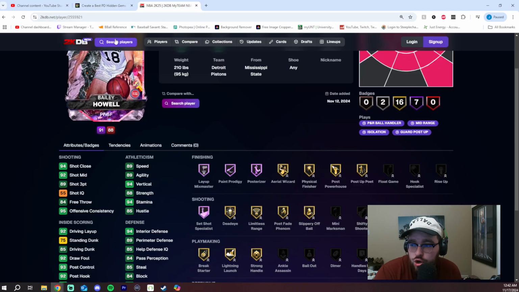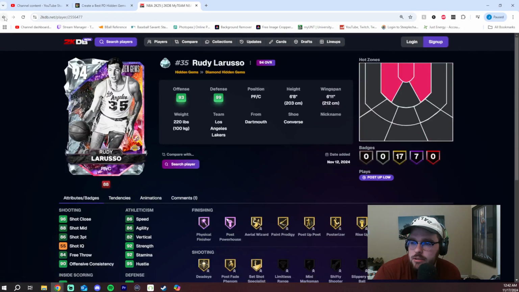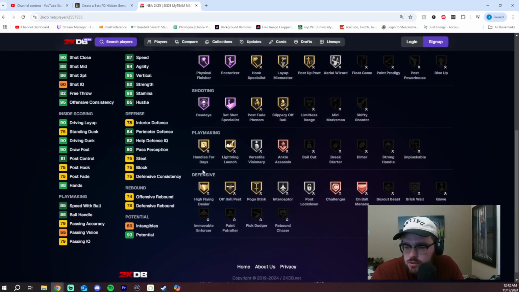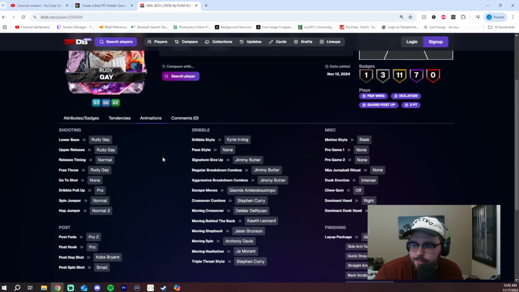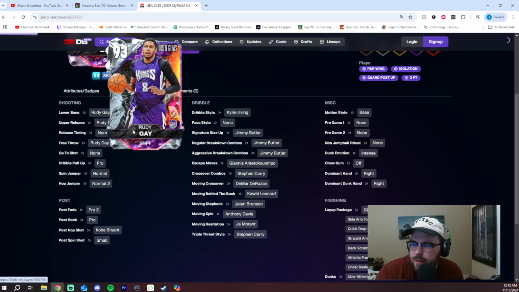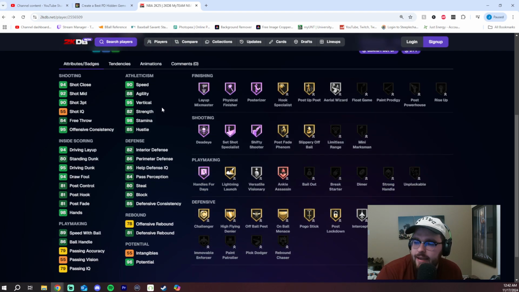Don't get it twisted. Rudy Gay, awesome card. Really good. Oop, I just clicked on the wrong dude. I do want to check ball handle on this card. So 86 ball handle on that. I heard the Rudy Gay pink diamond has a better behind the back. I'm not entirely sure about how that would work though. Either way, Rudy Gay release on normal. Am I tripping? Do they have the same behind the back? They don't. Okay, so Rudy Gay pink diamond has a better behind the back than the diamond, which is